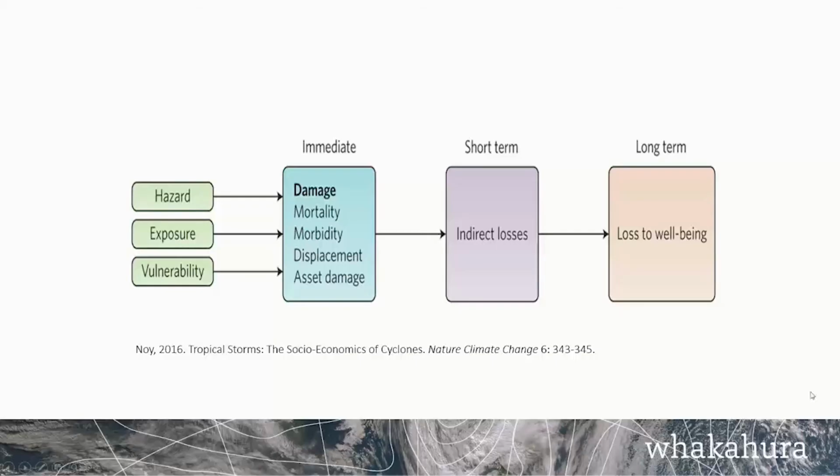So when you have a disaster, you have damages. So that's assets that get destroyed. And that can be mortality or morbidity, and it can be displacement or asset damages, assets that get destroyed. And then that leads to indirect losses, which means decline in economic activity because of the assets that were damaged. There might be a stimulus effect because then you're spending money on